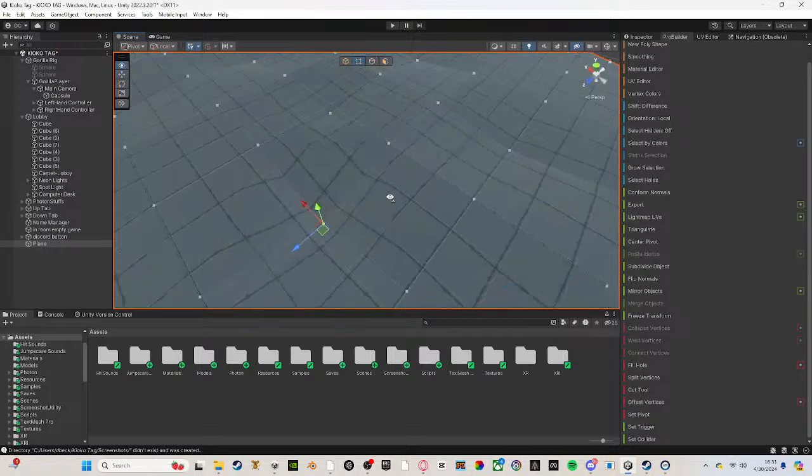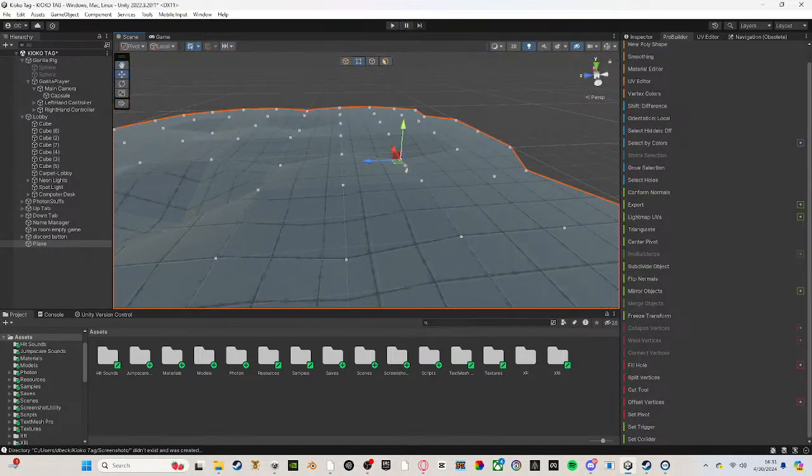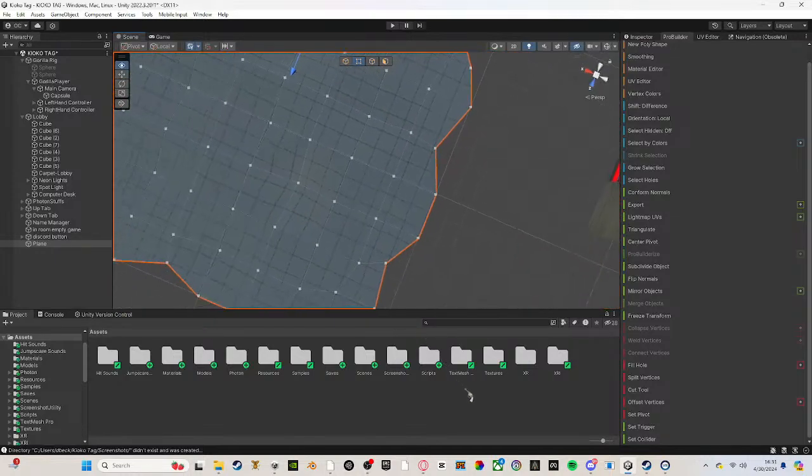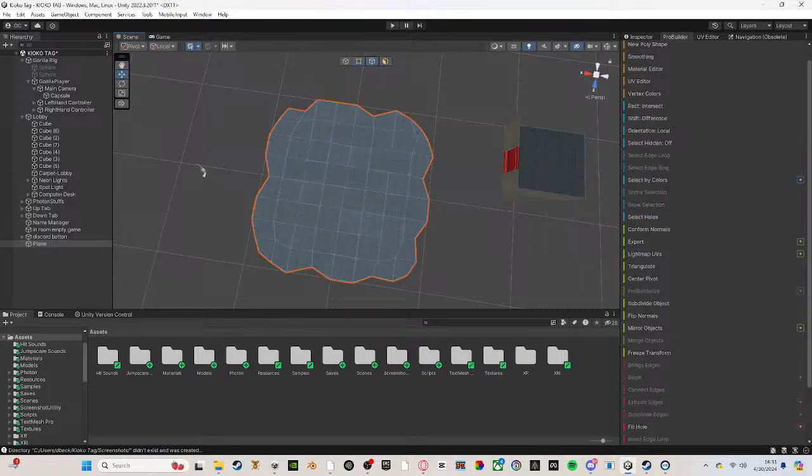Now you've done that, select the edge selection tool, and you just want to click on one of the edges here and shift click all the other ones. And by the way, this is to help you make your walls. Now click